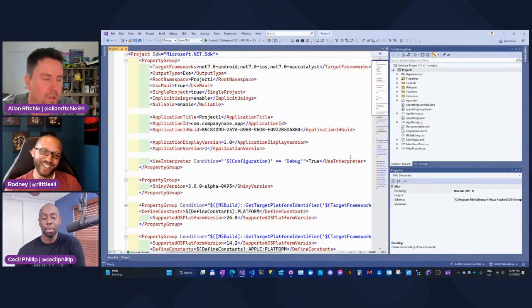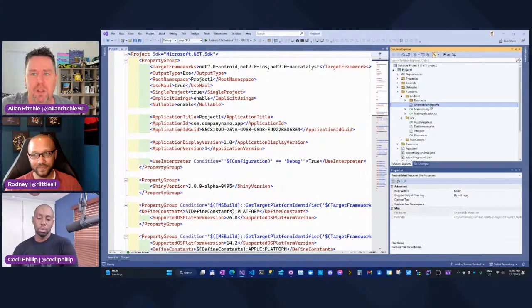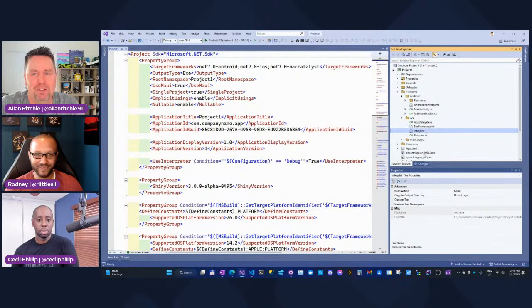Right. Well, what this really helps you do is it's not even about the opinions. It's about putting the stuff in that the platform absolutely needs, right? A lot of people, if you come from, say, a WPF background or even a web developer, you're like, what's an Android manifest? What's an activity? What's an iOS app delegate? You don't care about any of those things, right? I didn't care about any of those things. What's an entitlements file? What's an Info.plist? Why do I need these things, right?